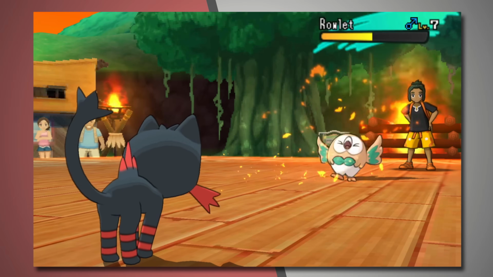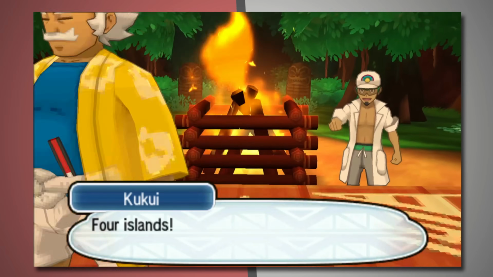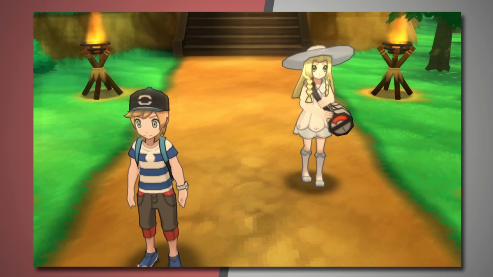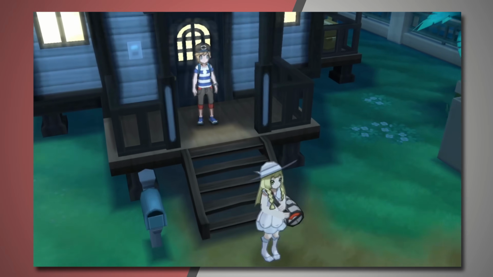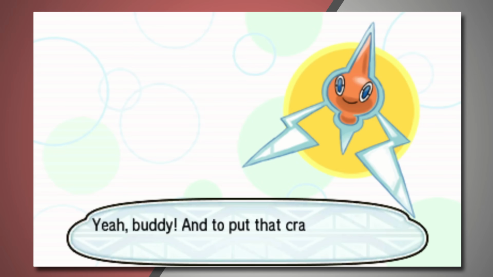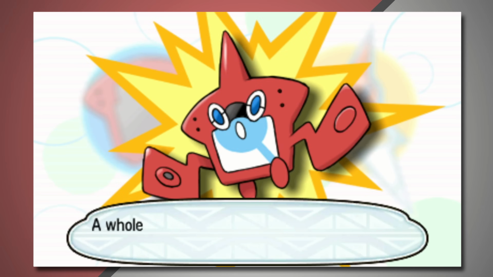We beat Hao for a second time, then learn all about the Z Crystals, and the 4 Islands, and the 7 Island Trials before heading home for another night in. The next morning, we meet up with Lily, who shows us the Pokemon Lab, where Kukui gives us the Rotom